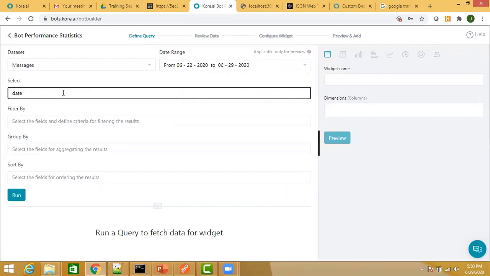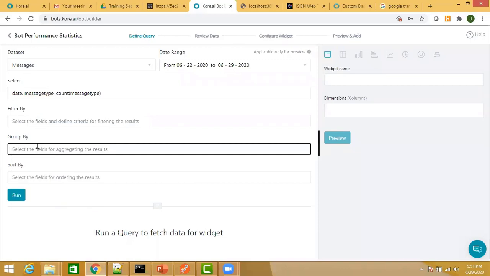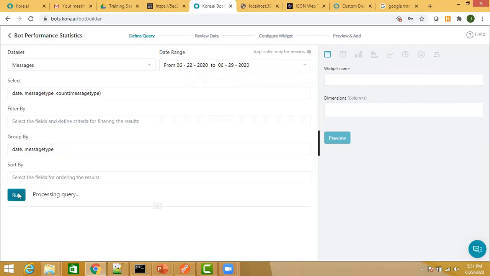So date wise, I want to see how many incoming messages, and how many outgoing messages. So I want a count of the message type. And I want to group this data on date and message type. Click on run to see whether it is working or not.